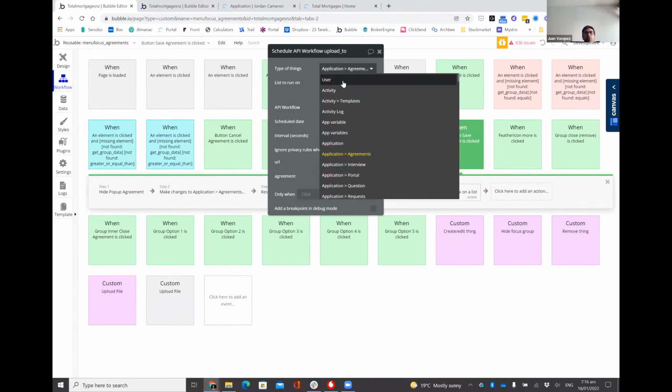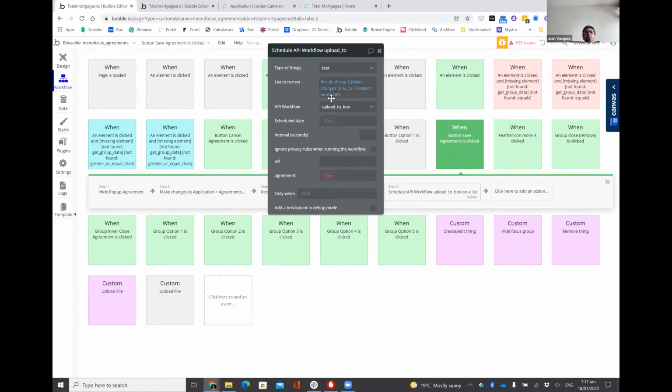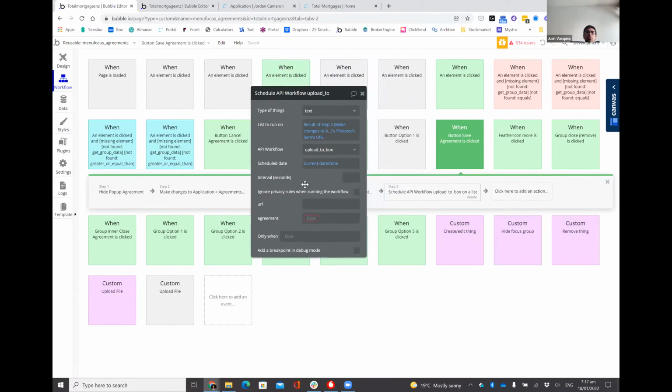Sorry, this should be text, because we are passing a list of text. We will schedule this to happen right now. I will leave this empty. When you use this schedule API workflow on a list, if you leave this empty, Bubble will do